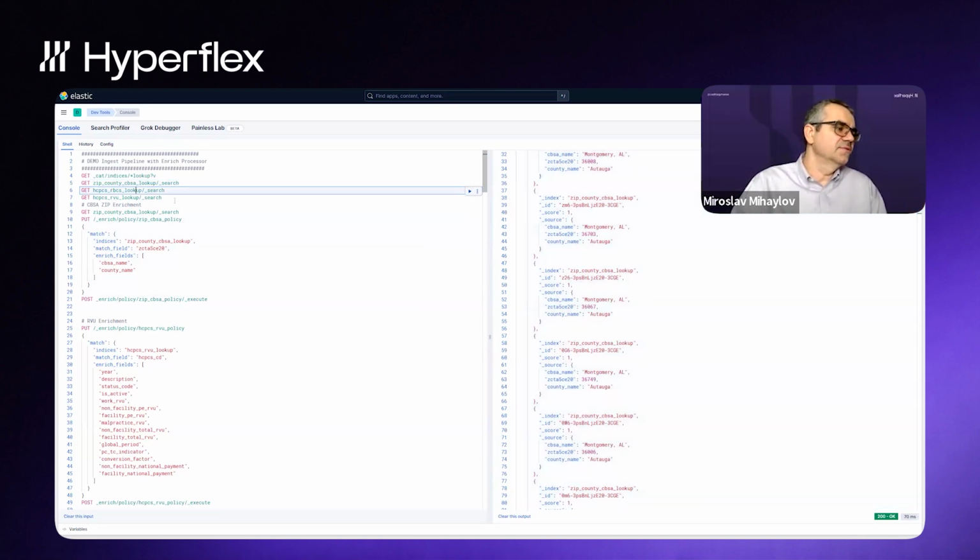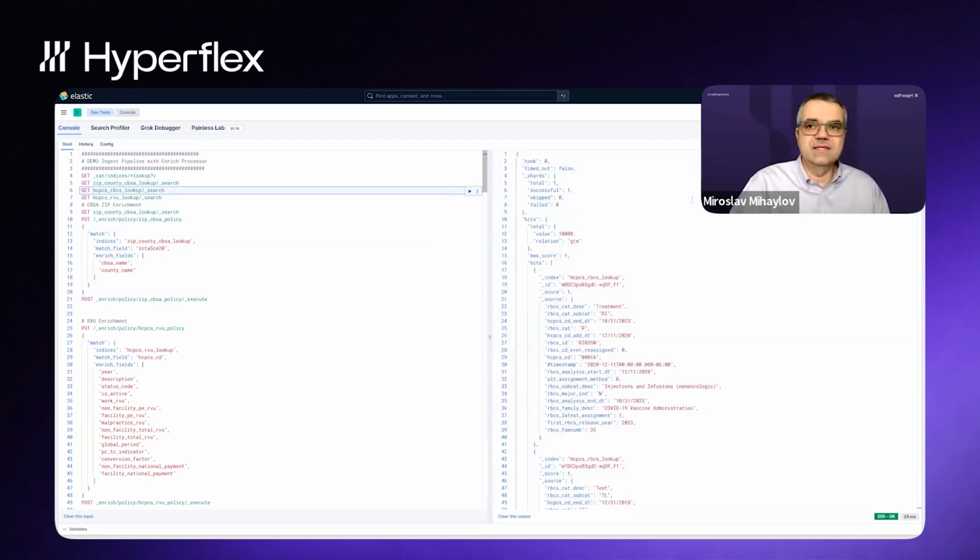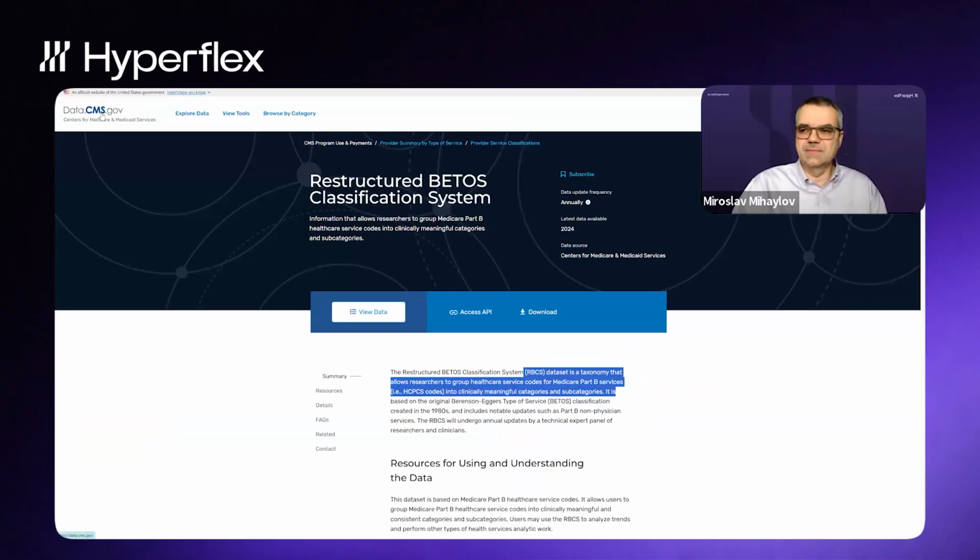The next one is the RBCS dataset, which is basically a taxonomy with groupers for the Medicare Part B, for clinically meaningful categories and subcategories. The dataset is from data.cms.gov. This is the link to the dataset. We provided it also in the repository.